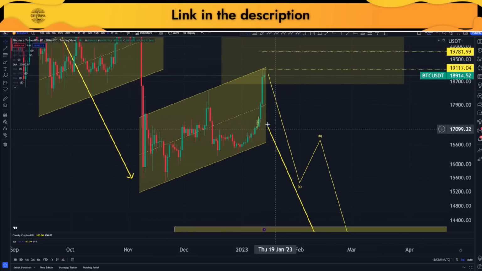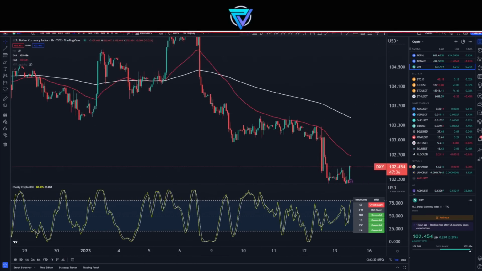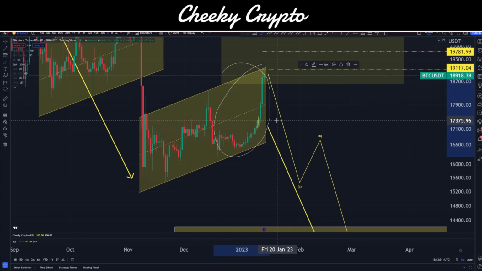We do have, of course, the DXY going a bit nuts by basically coming down the way that it has done. It has forced other assets like Bitcoin to go to the upside. If you understand what the DXY actually is, it's a dollar index. Dollar index essentially means the value of the dollar, and if the value of the dollar goes down slightly, well, you need more dollars to buy your cryptocurrency assets. So if the dollar goes down, then Bitcoin USDT pair goes up, right? Bitcoin's value goes up. You need more USDT to buy the Bitcoin. Okay, so understanding the importance of the DXY helps you not get caught out by fake pumps like this.